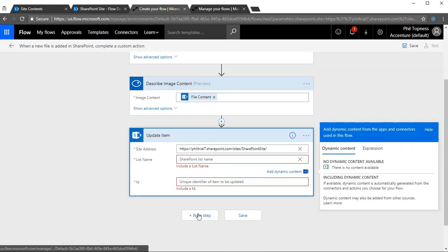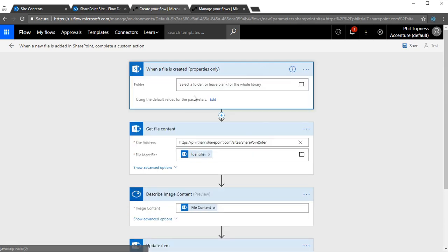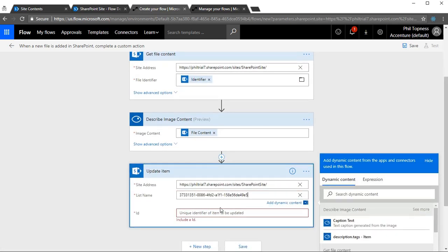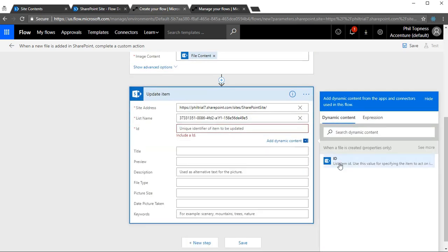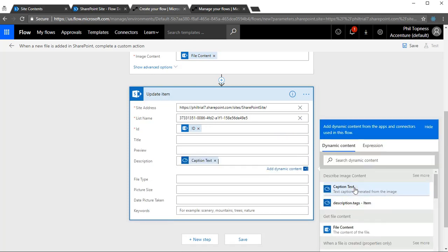And then we'll need the list name. For the list name, we'll just grab the ID out of the first item. That was auto-populated for us, and so that'll make sure that we get the exact right list. It's going to be the ID for it, not the name. Now we need the ID of the list item we're updating, and then we need the information we need to